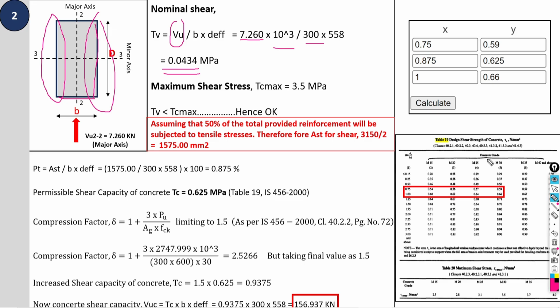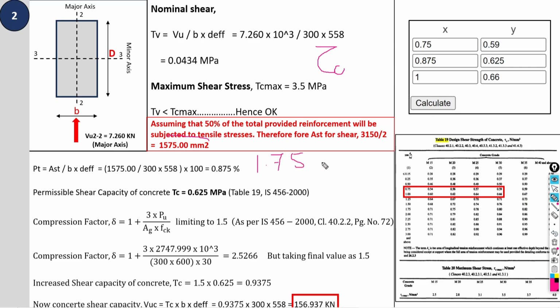And what is the maximum shear resisting capacity of your concrete of M30 grade? 3.5. So the nominal shear that you have calculated is less than tau c max, hence it is okay. But we have to check it with our critical capacity, that is your tau c, and this tau c depends on your percentage of reinforcement. So if you are going to calculate 1.75